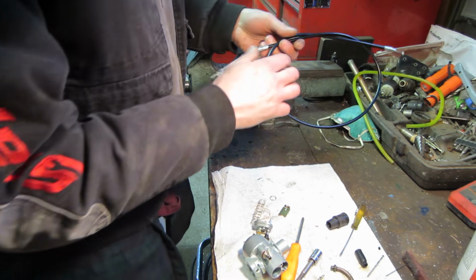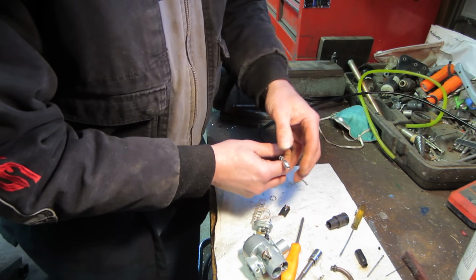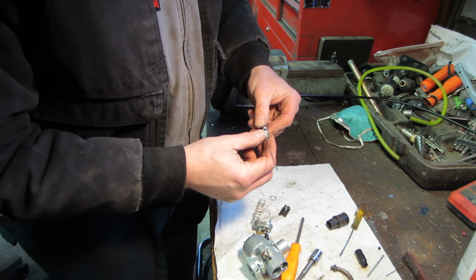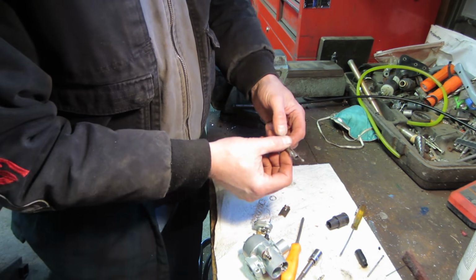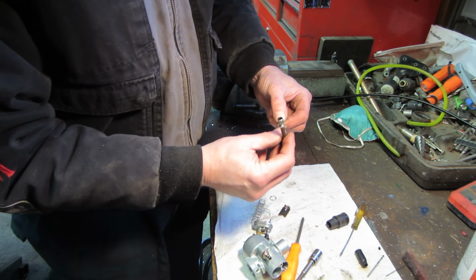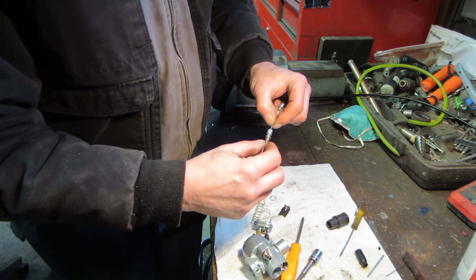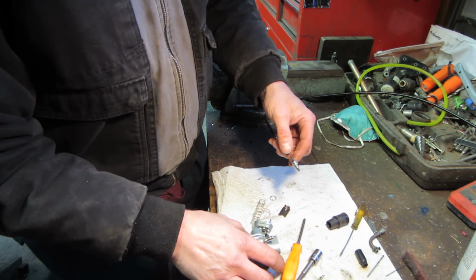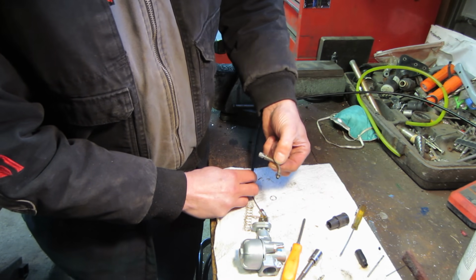And one thing I had different with this carburetor was the little tip on the end there. You see how that doesn't come out? The original carburetor had that throttle cable, rather had that guy on there, and I don't know if that is going to be able to feed all the way through. Yeah. So I'm not going to be able to put that on there. So we're going to go with this adjuster, instead of this adjuster that had a nice bend on it, kind of got you out of harm's way. So